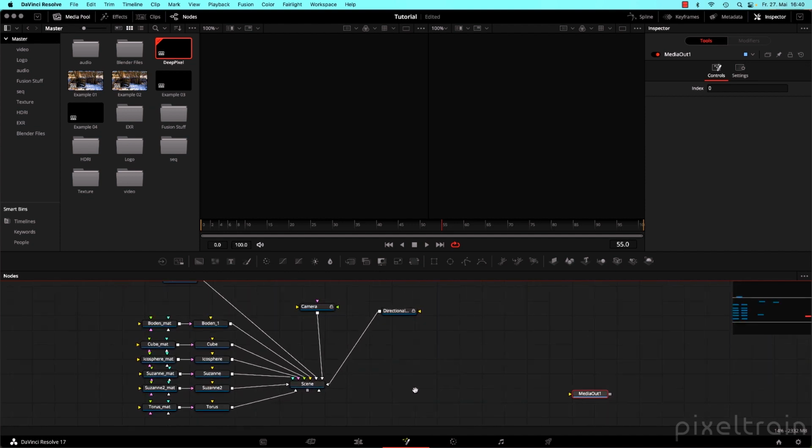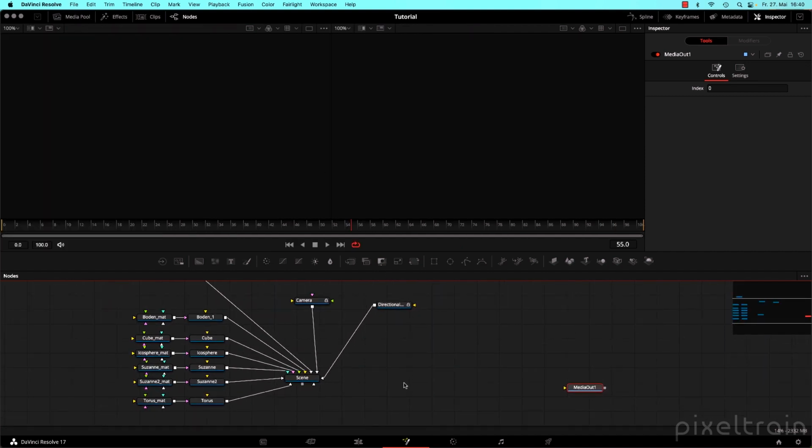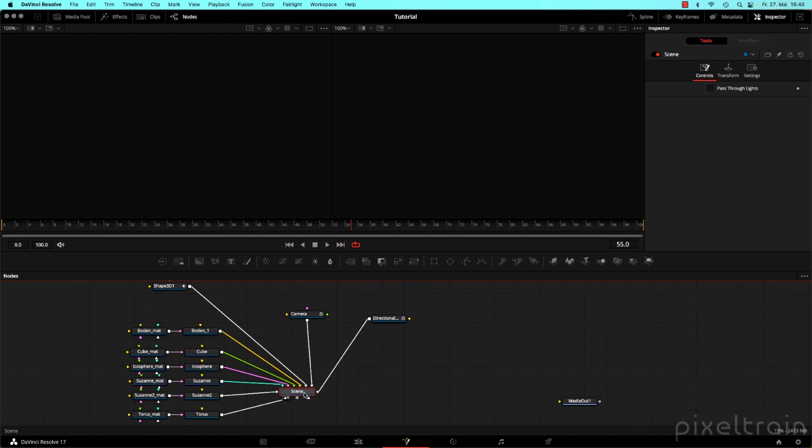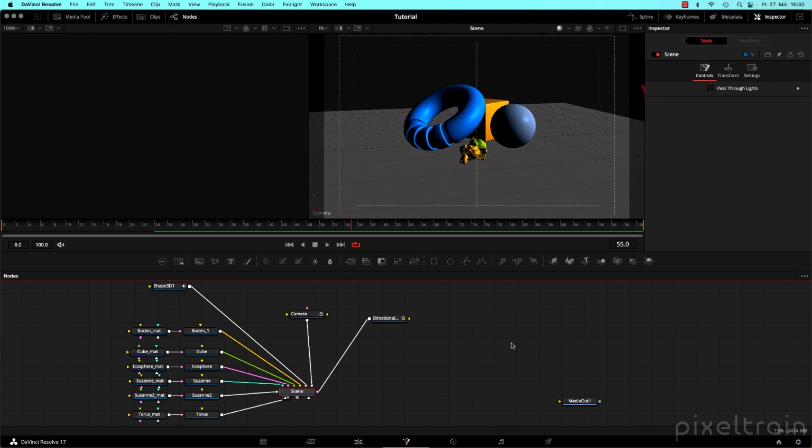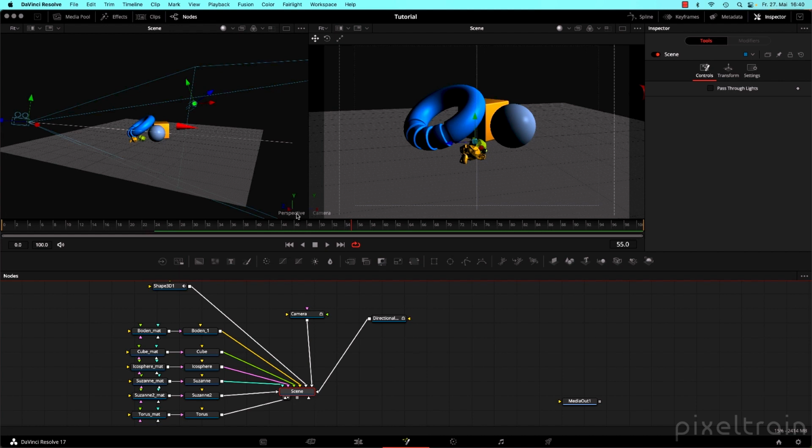Okay, now let's talk about this 3D scene thingy here. I take this scene here and I load it with the keyboard shortcut 2 into the viewer number 2. You look through the camera. If you don't see here the look through the camera, you can make a right mouse button click here on this little axis system, and here you have perspective, top, front, left, right, and so on. And here you see the names of your camera, and the camera is named camera, so I switched it here on. If you drag the same thing also here to number 1, you see here we look into the perspective